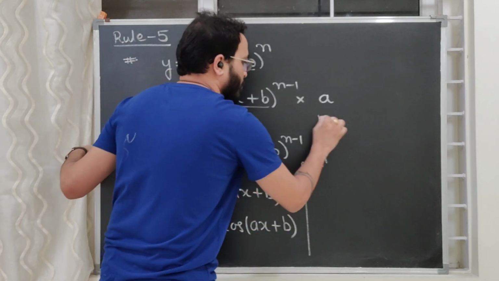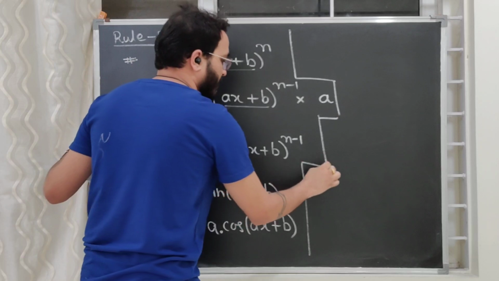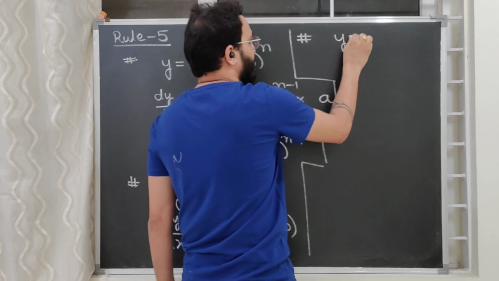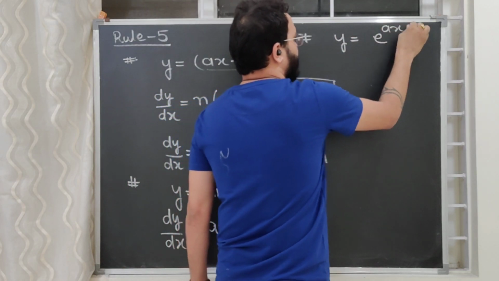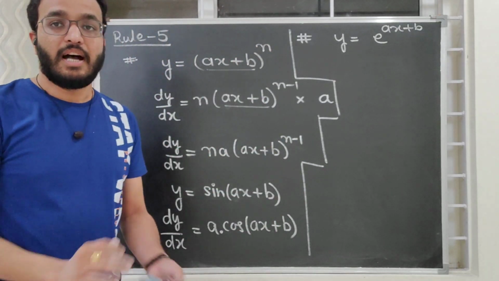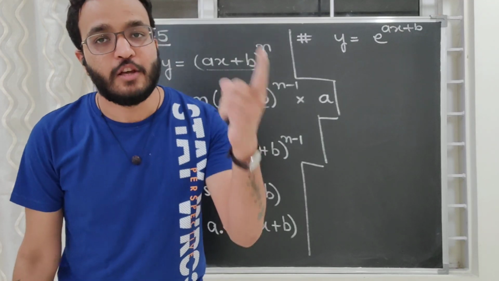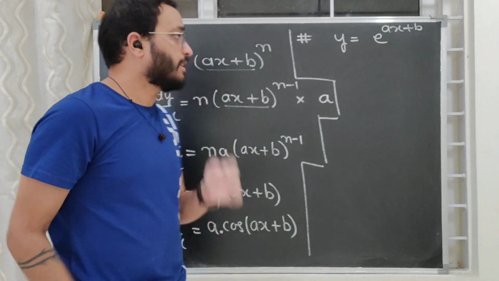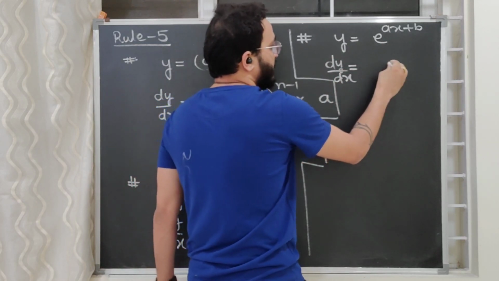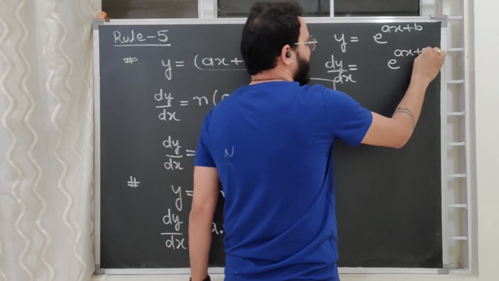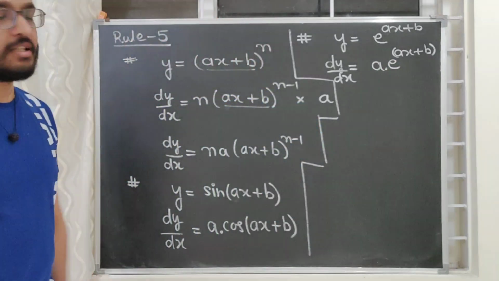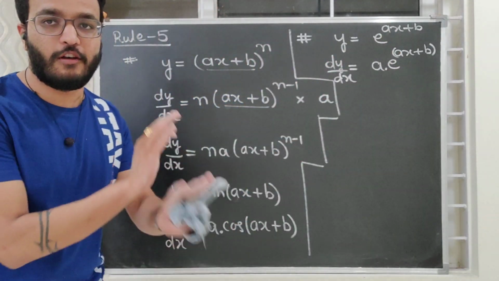You will say, sir, give some more examples. I will say, okay. We will do some more examples. Let's do one more example like this. Here, suppose y is given e to the power ax plus b. Now what will you do? Again, what is the differentiation of e to the power x? You will say, sir, it will remain e to the power x. But here, when you differentiate this, dy by dx, it will remain as it is, e to the power ax plus b. Just the coefficient of x, that is a, will come outside always.